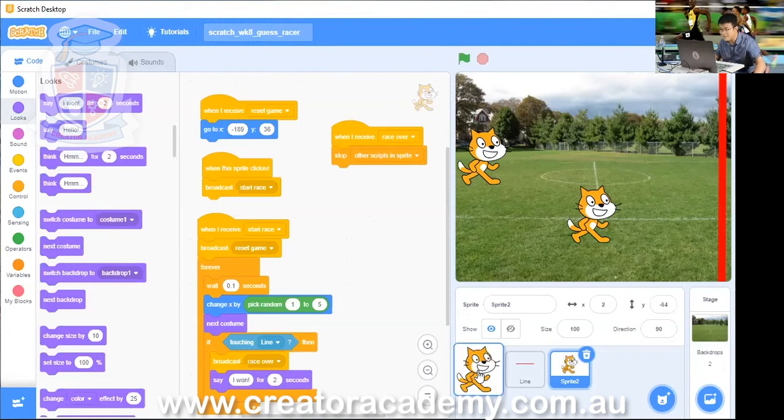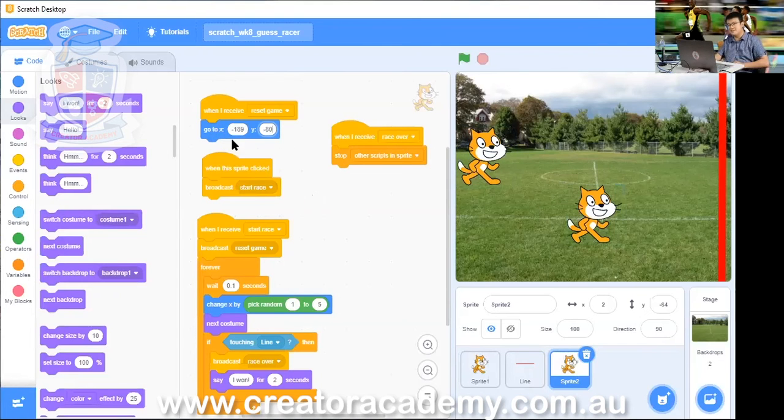is click on sprite 1. And then it says go to XY for when it resets game to -189.36 or whatever your numbers are. You click on the new sprite, sprite 2. You have to decrease that number to -80, the Y number.